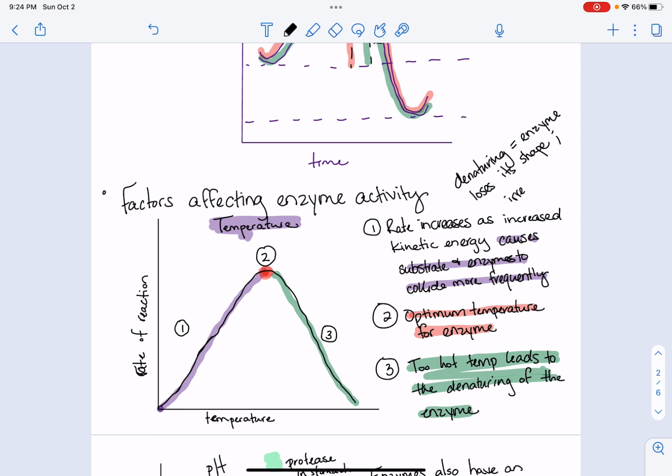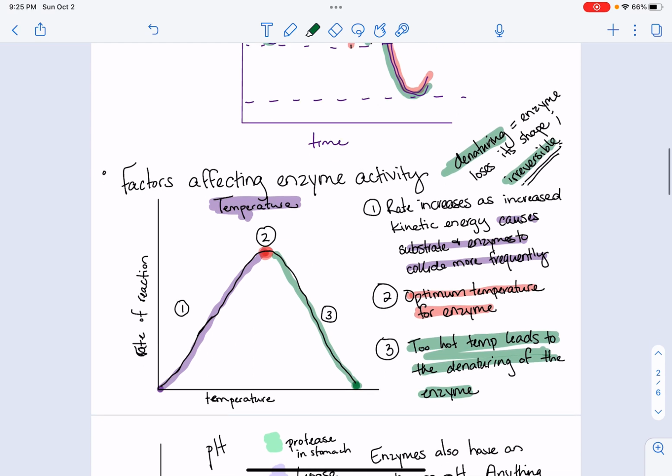So, irreversible. Once it gets too hot, the enzyme will denature, it will lose its shape, and in particular, the active site will lose its shape. Think of it like a broken egg. If you break an egg, you can't put it back together. If an enzyme denatures, you can't put it back together. So denaturing is irreversible. Eventually the rate of reaction will just stop once all the enzyme is